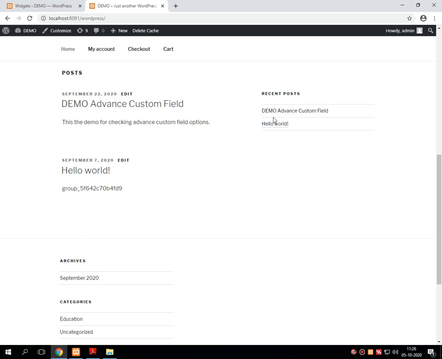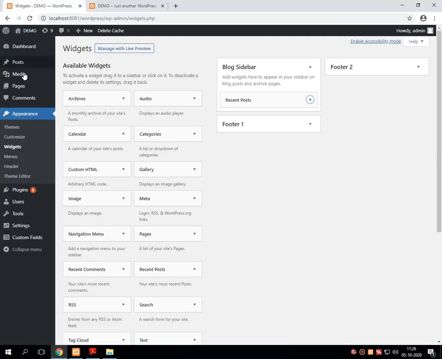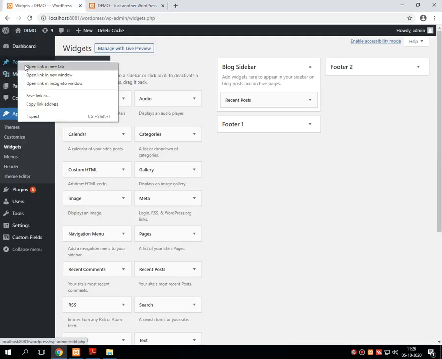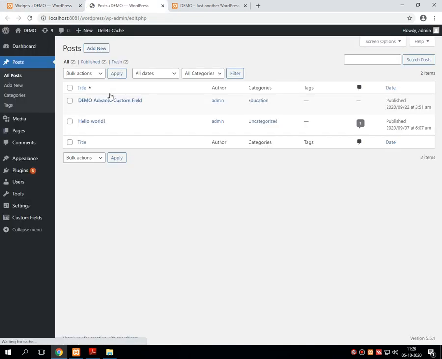Right now in my WordPress, two different posts are created. Let me create a new post today. So I'm going into the post. Once the page is loaded, I'm pressing add new.